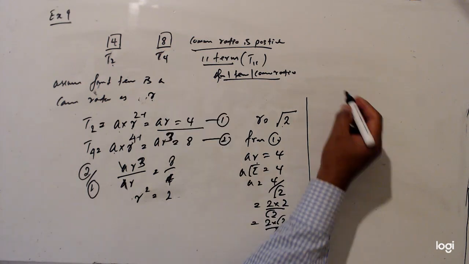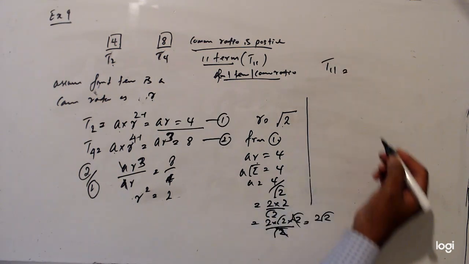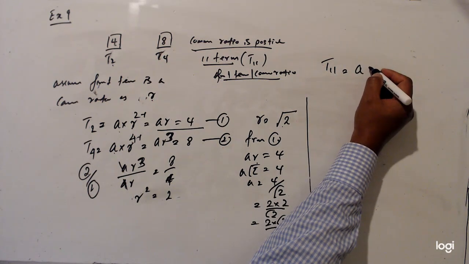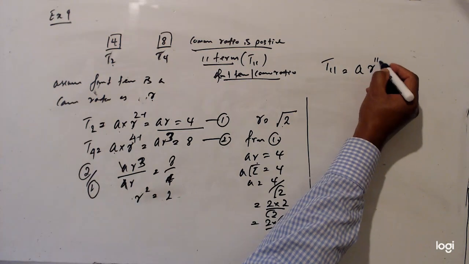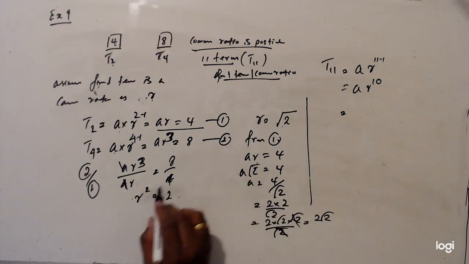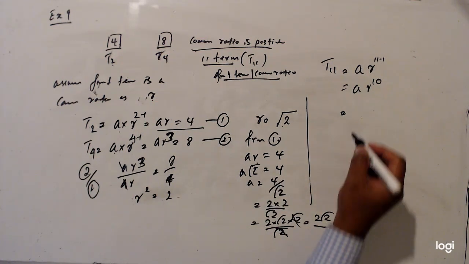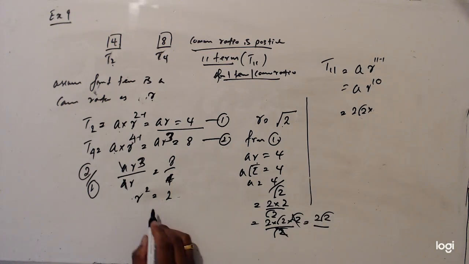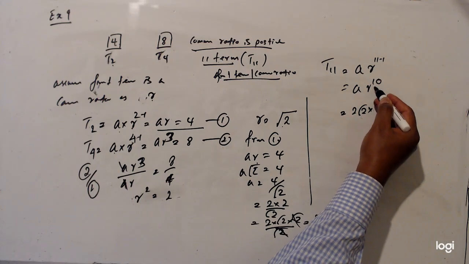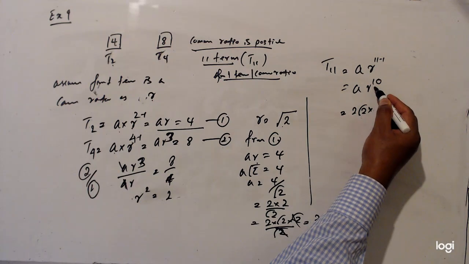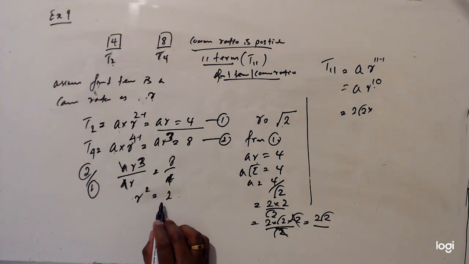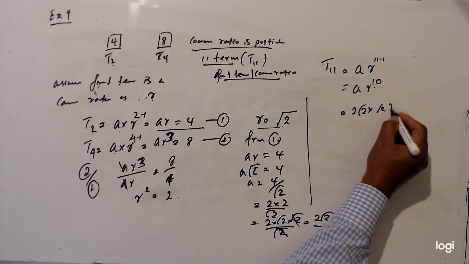Now we need to find the 11th term, t 11. So we know the first term. So t 11 in terms of this one, AR^(11 minus 1). So basically AR^10. So we found out A is 2 square root 2 and R is square root 2, R to the power 10. We can substitute R is square root 2 to the power 10,